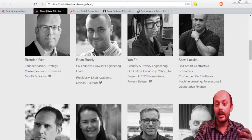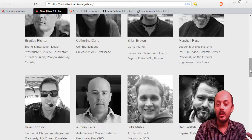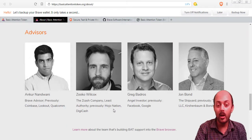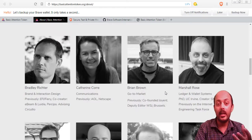Then if we talk about BAT smart contracts and economics, he has got experience working with machine learning, forecasting and quantitative finance, etc. Then another team member, if you observe, is from AOL, Netscape and Wall Street Journal. They have got a team member from Microsoft working for them, and advisors from Qualcomm, advisors from Facebook, Google. So these kinds of large companies have a team member and advisor